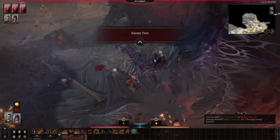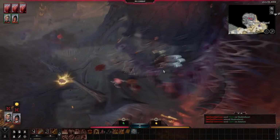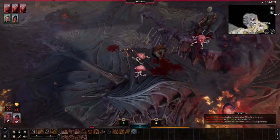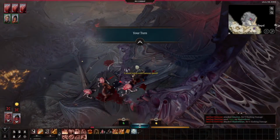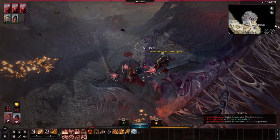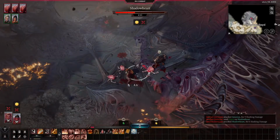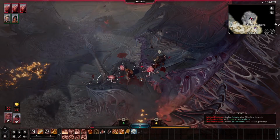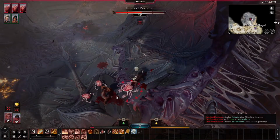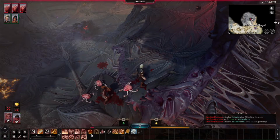All right. Ooh. Ooh. So combat is fairly high stakes, as you can see. So they have a reaction, so that basically means if she walks away from here, they're going to hit her, which is not good. So what I'm going to do, and he can't walk. Yeah. So I have a jump. I didn't want to use it yet, but first I'm going to. Oh man,